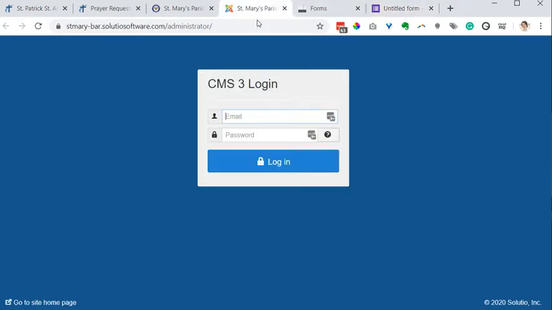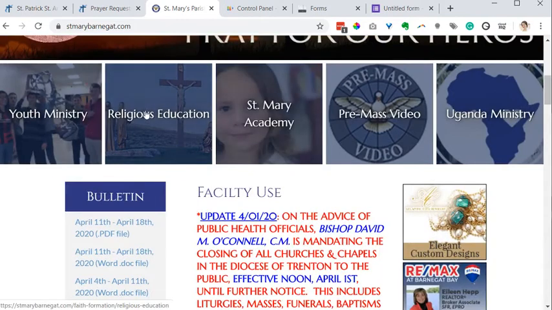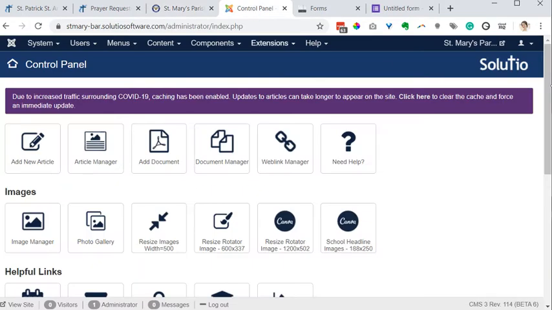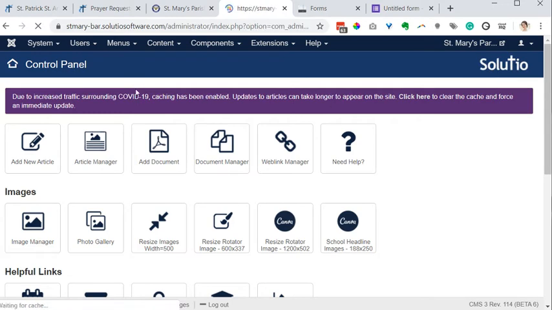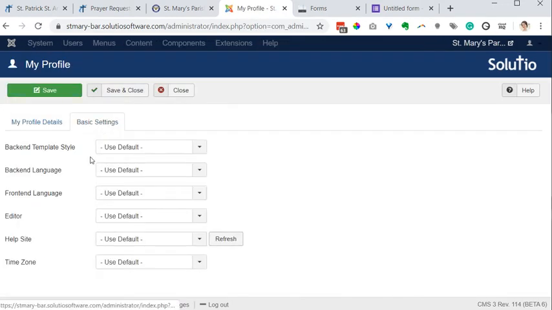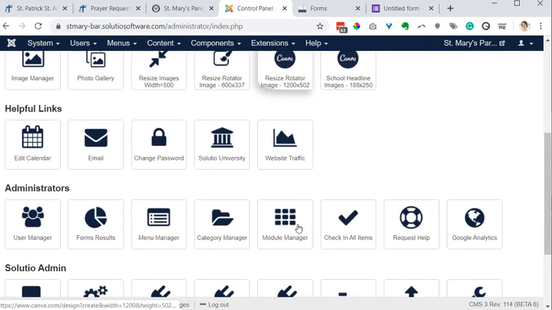Now you asked for Quicklinks. To edit your Quicklink, first check your editor on your account. Under basic settings, your editor probably needs to be turned to CodeMirror. Save and close. And then in the module manager,